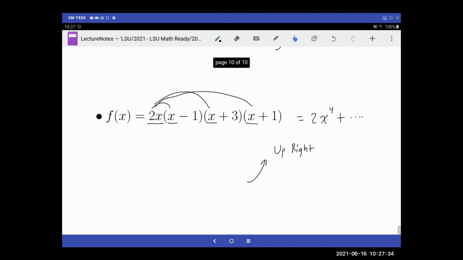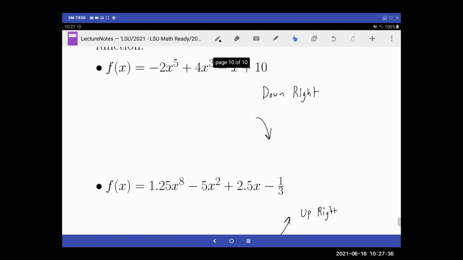Now let's discuss the left side. The left side is going to depend on the degree itself. Okay, not the leading coefficient, the degree. So the degree here is 5. Remember, the degree is going to be a positive number, a whole number. And those typically will always be even or odd, right? So if the degree is even,